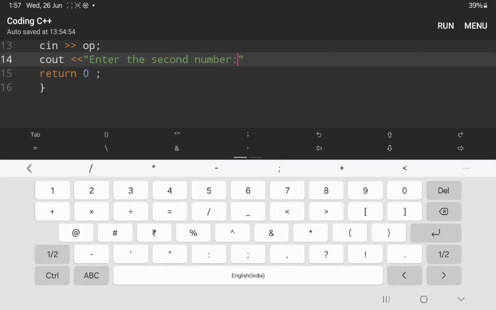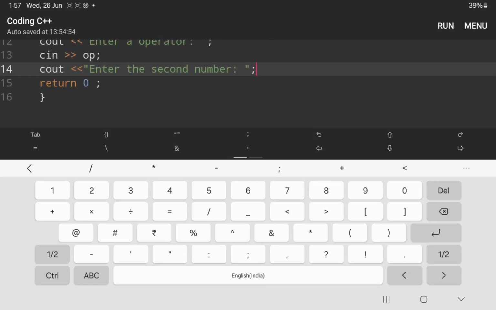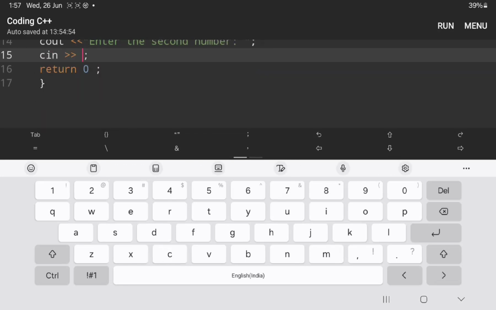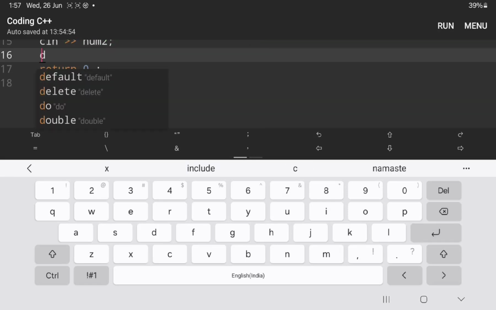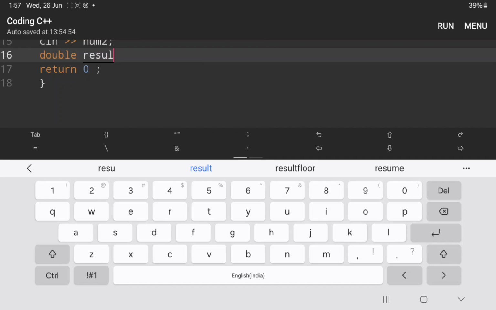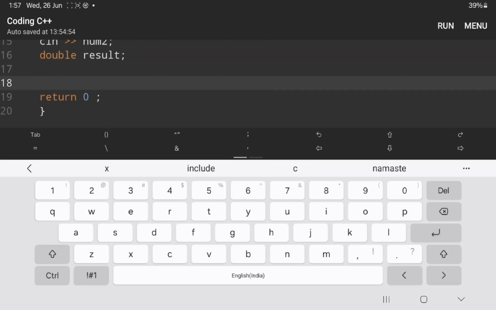Colon, gap, semicolon here, and I want to write cin num2, and we are going to write double result. And semicolon, and you are going to leave one line, and we are going